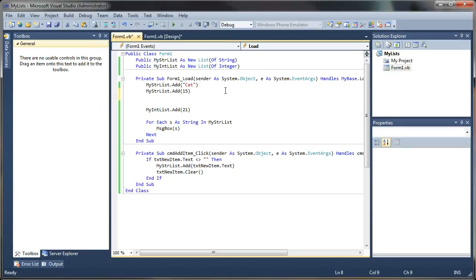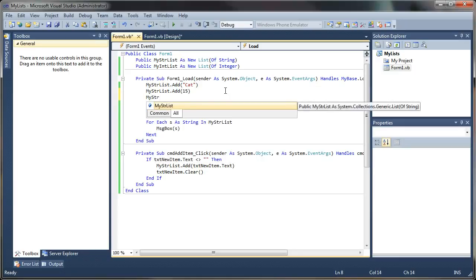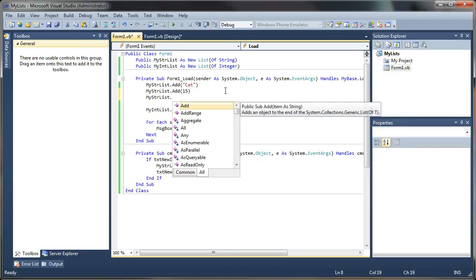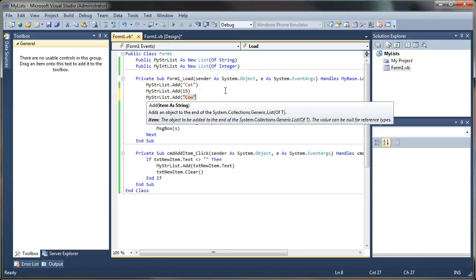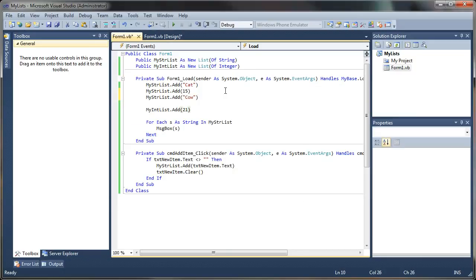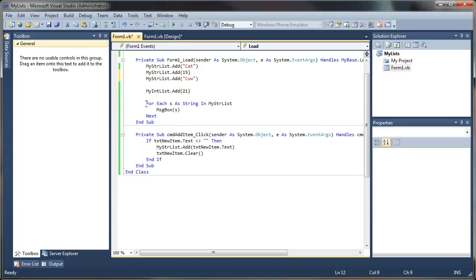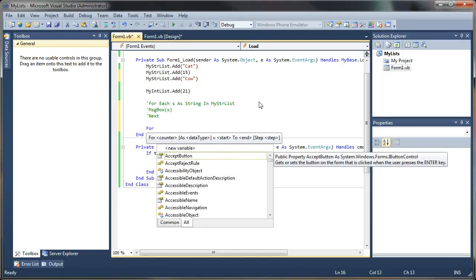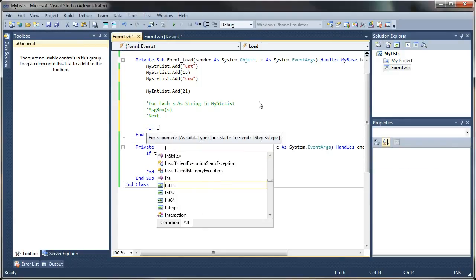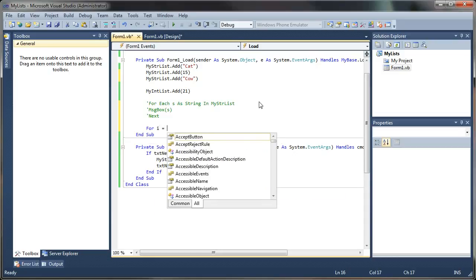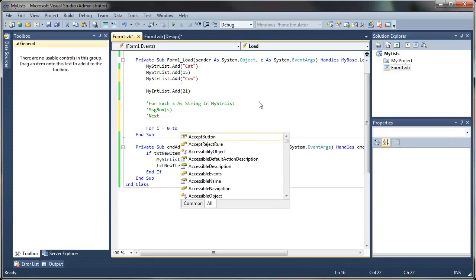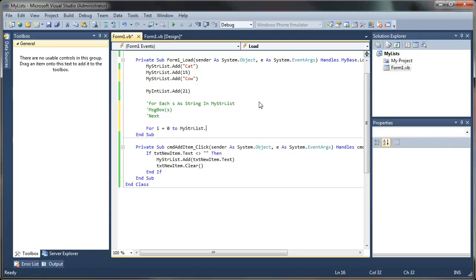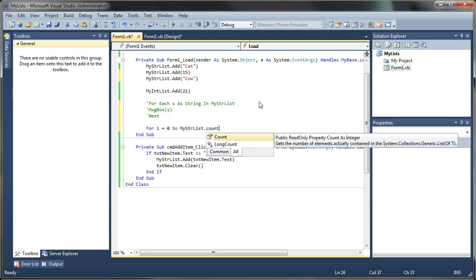We can add an additional value here. Dot add cow. So that's just one way of looping. Let's try another one. We'll try the index. Here, since the index is an integer value, I'm going to just use I as our variable. I'm going to say for I equals 0 to my string list dot count, and count returns the total